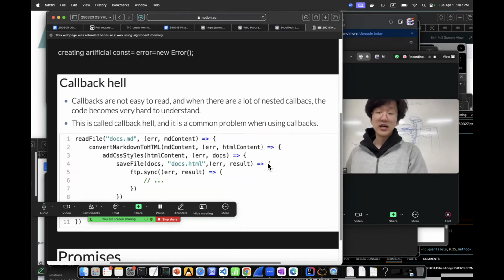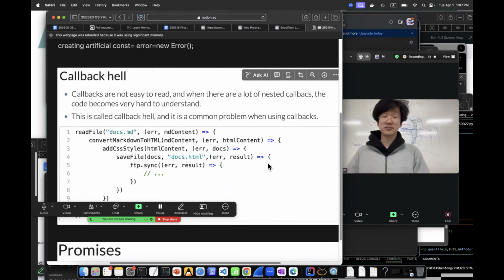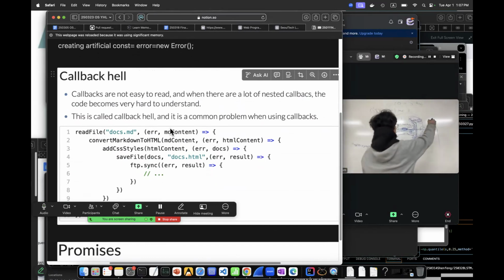And callback hell is, if you see here, read file, and after that fetch.